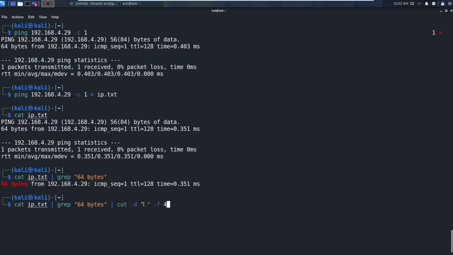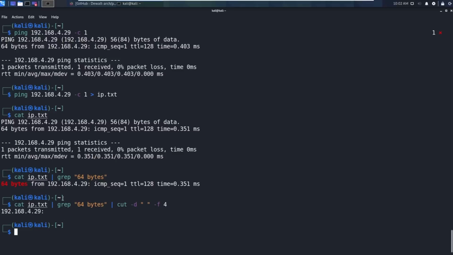Well, it's saying, hey, I want to cut this line that you're getting back on a space. So the delimiter is a space. So here's a space, here's a space, here's a space. And it says, I want to count up to 4 to grab that data. So 1, 2, 3, 4 right here. So if we say 4 here, like this, we hit enter, we're grabbing that specific IP address because we're doing